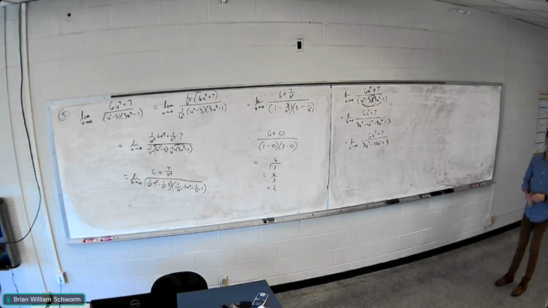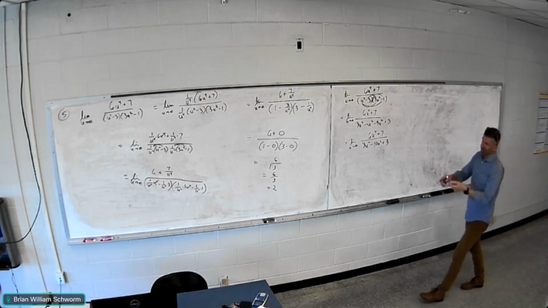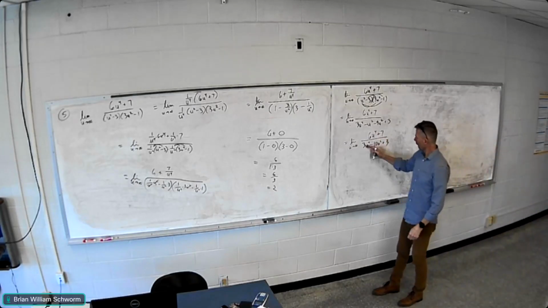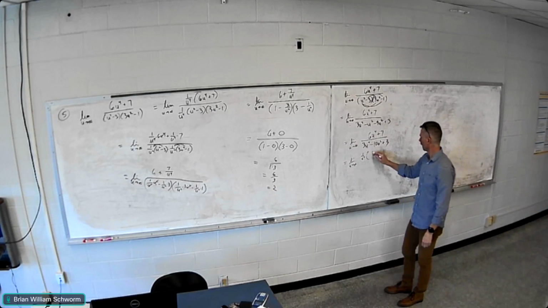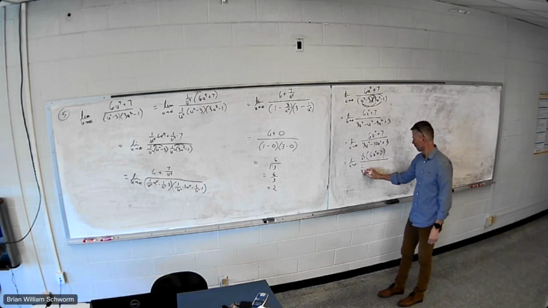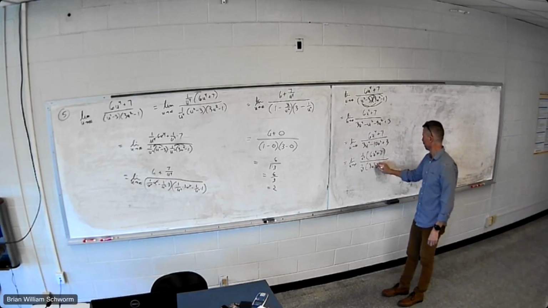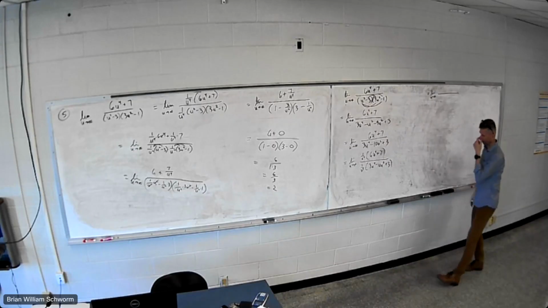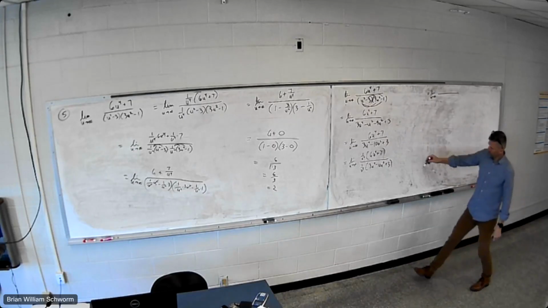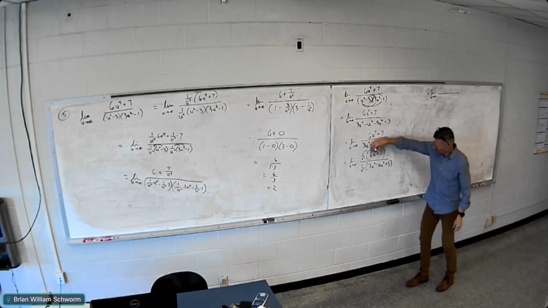So I just multiply that to the bottom. But then I proceed as over there. Look at the highest power, which is u to the 4th. Multiply the top and bottom by 1 over u to the 4th. So if I do that,